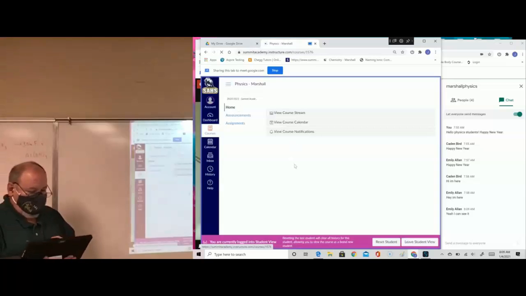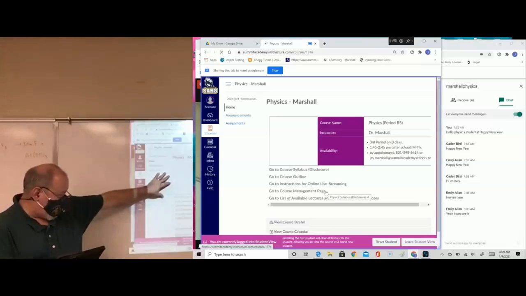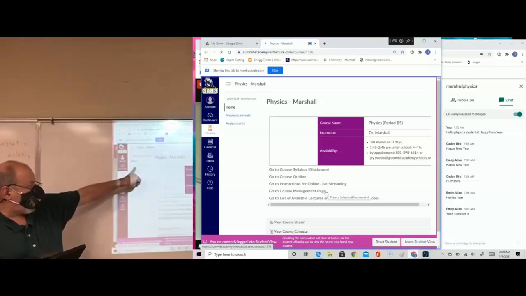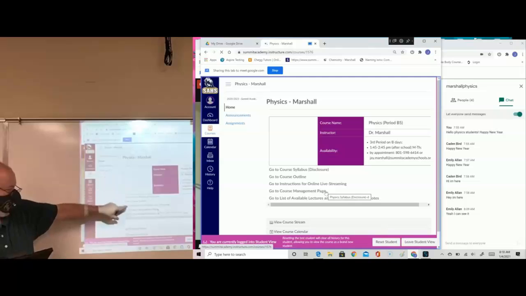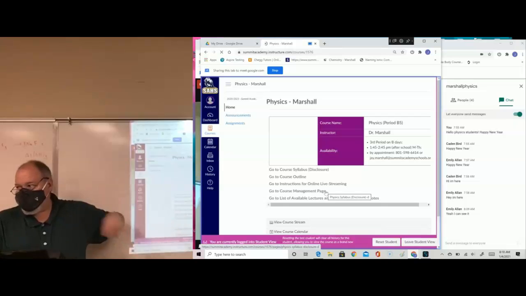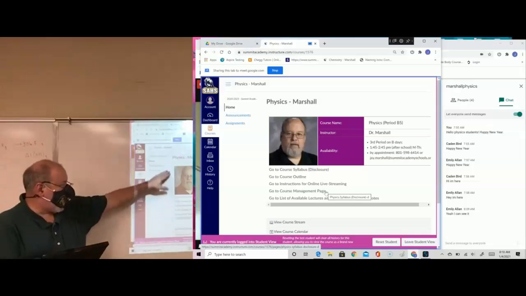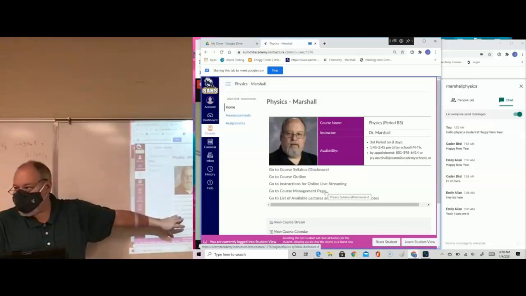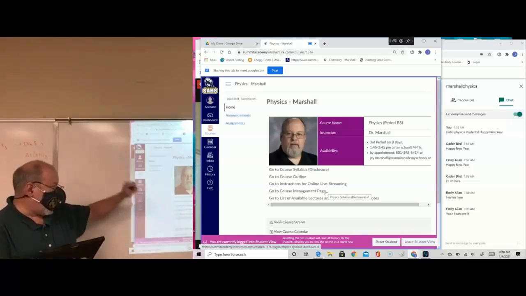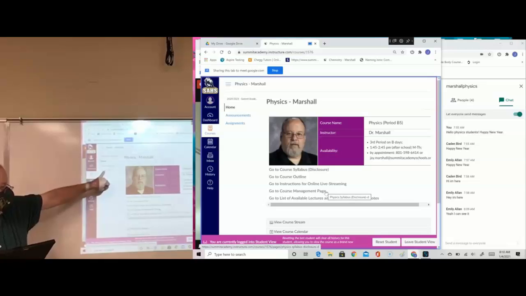Okay, so your view on your home page is just going to show this basic information here. You're only going to have access to announcements and assignments. Anything I want you to navigate to, I'm going to give you links for, okay? So I don't need you to deal with modules, pages, or anything else. You're just going to navigate using links that I give you. So that's how I've set my course up.